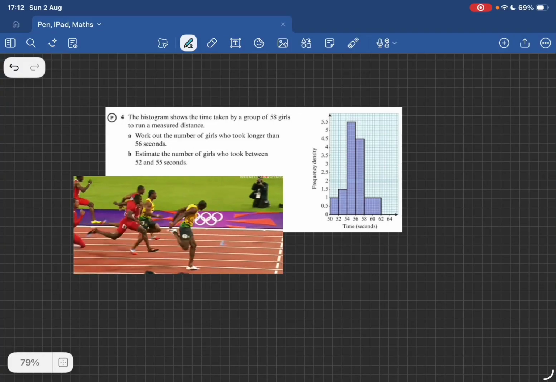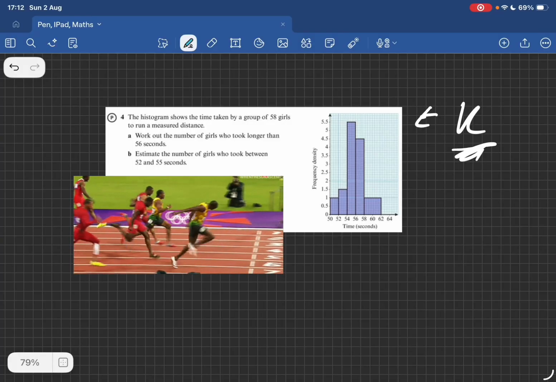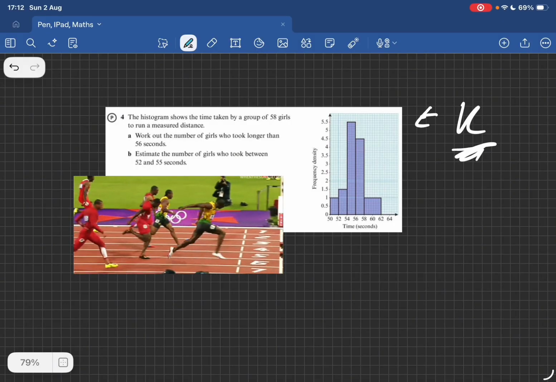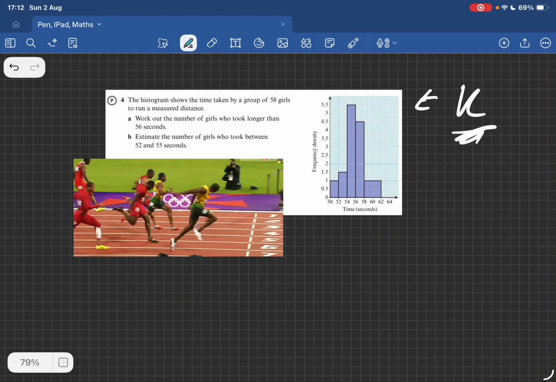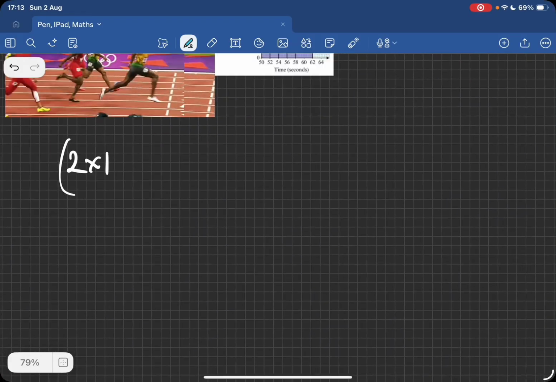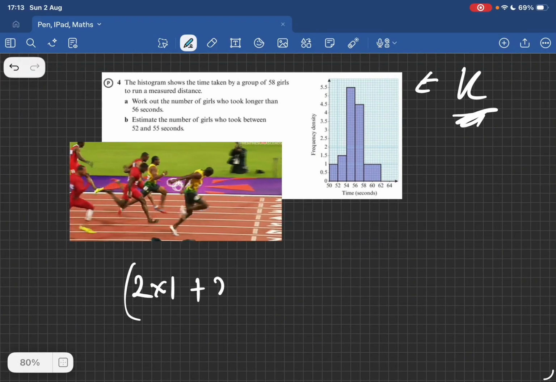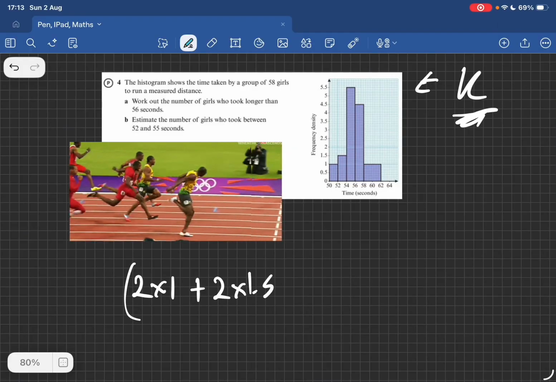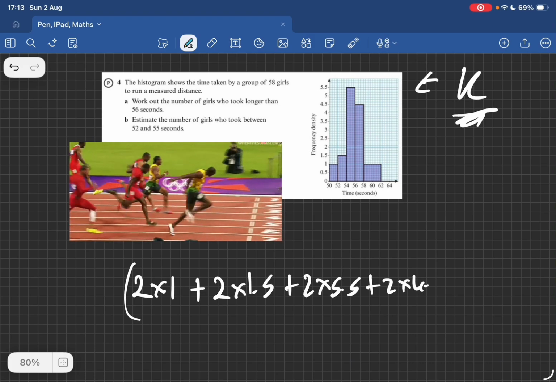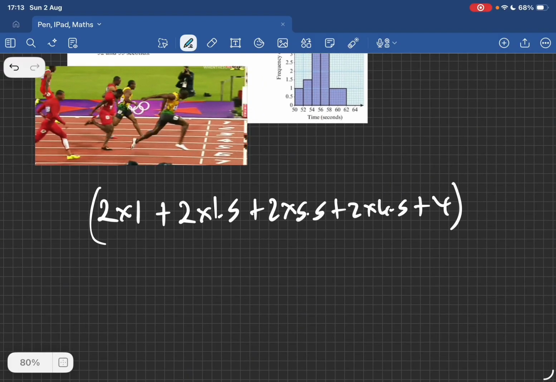Question 4 is a histogram question, and the key thing about histograms is you need to find this scale factor k. If we were to calculate the area of our histogram, we've got 2 times 1, plus 2 times 1.5, plus 2 times 5.5, plus 2 times 4.5, plus 4 times 1. This has got to equal